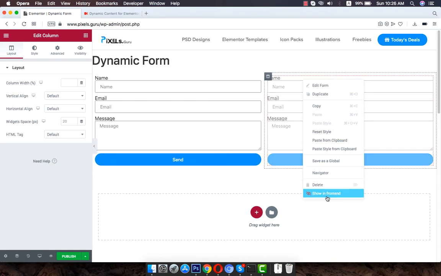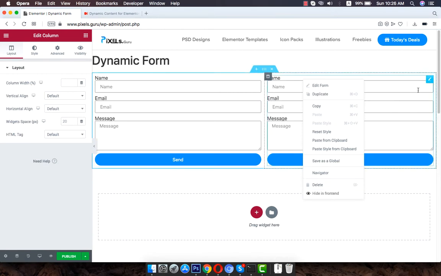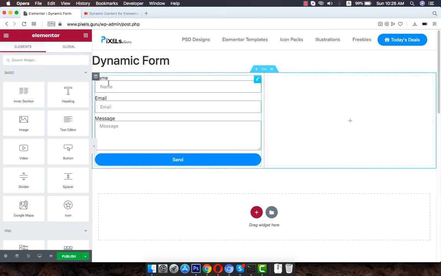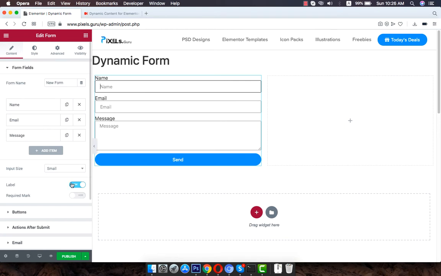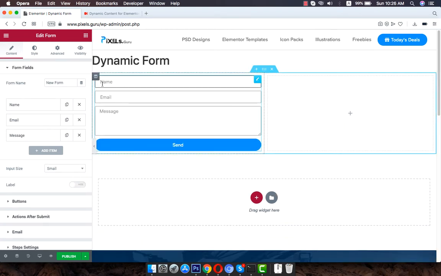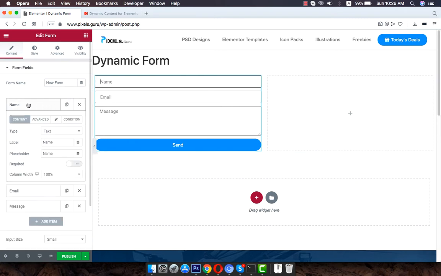There is the Dynamic Content for Elementor feature that is shown here, for showing on the front end or hiding on the front end. Here I want to hide the labels, so I will hide them. Now I want to show the icons here, so I will head over to this label and jump to this section that says something like Magical Stick.